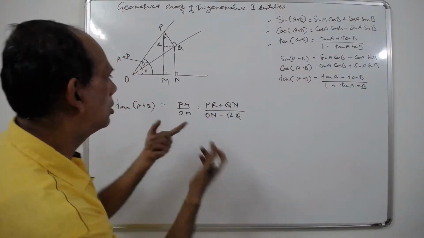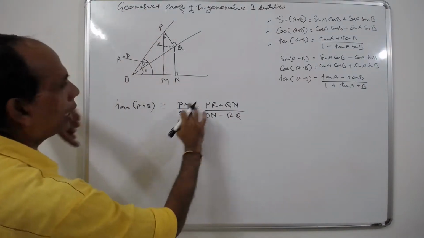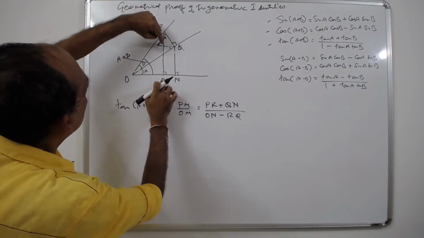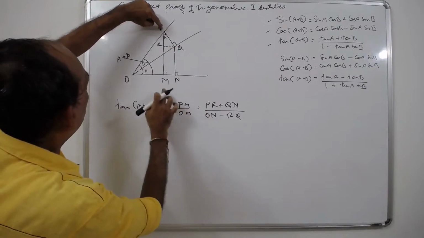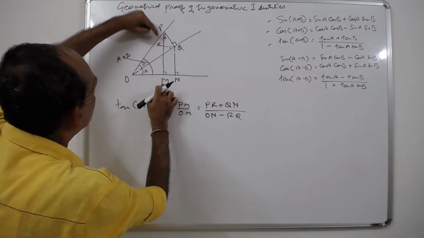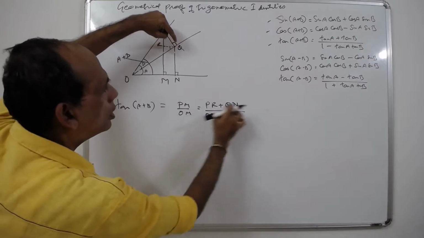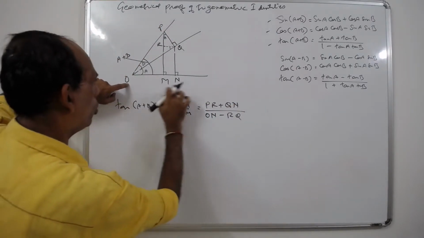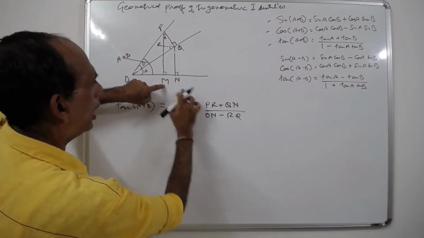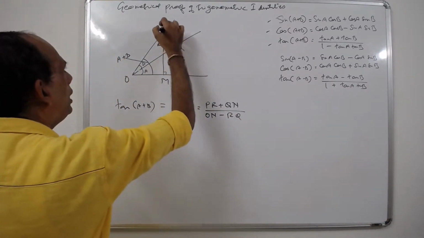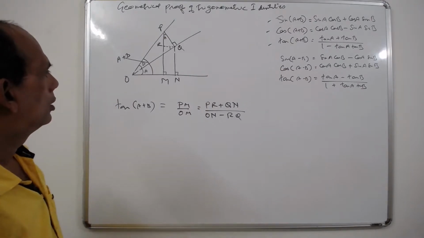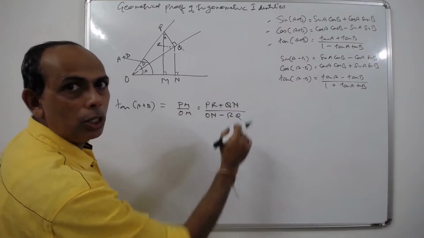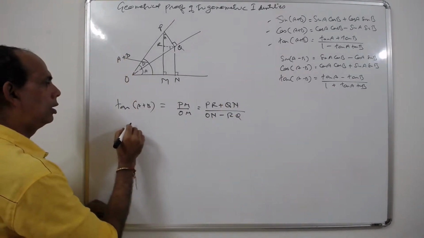It's very easy. Look here, again I tell you, PR plus what is this? PR plus RM. So instead of writing RM, I wrote QN. So earlier was PM, the second one is OM. OM is ON minus MN. Instead of writing MN, I wrote RQ, so the meaning is not changed. Okay. Now what do you do? You divide the numerator and the denominator by ON, see what you get.